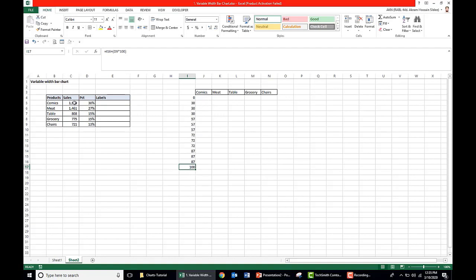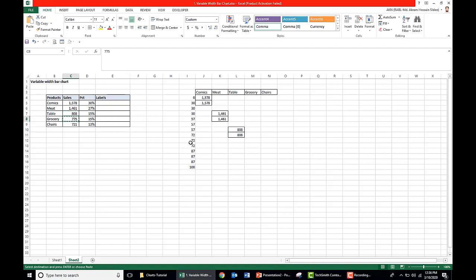Now we put this data, comics sales value, in these two cells. Again we start the mid value from the mid column, from the last percentage of the previous product. So here and here. Do the same thing for the last value in the table column and also for the first value of the table column.